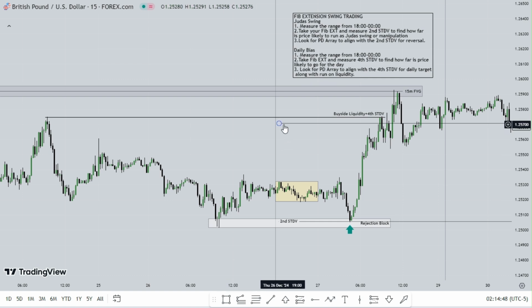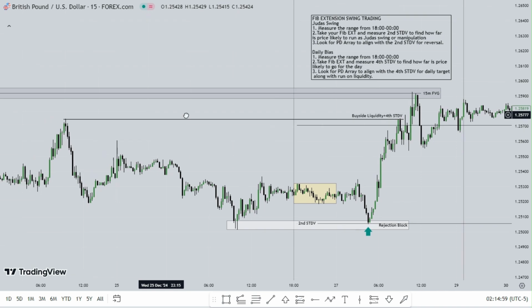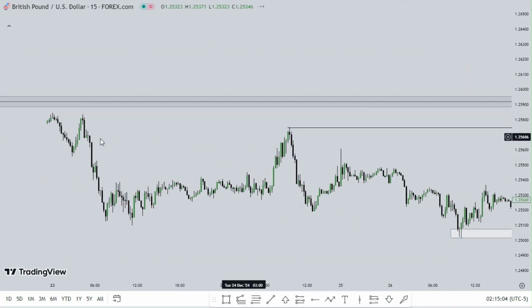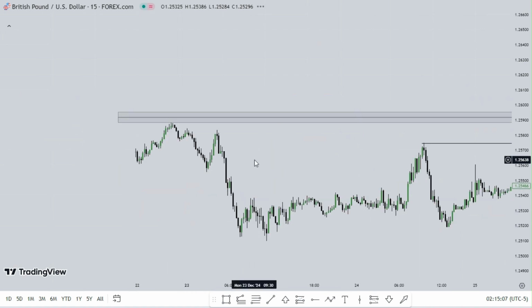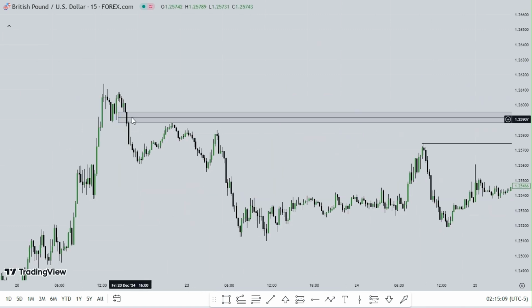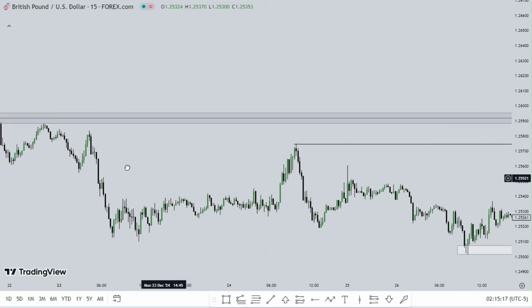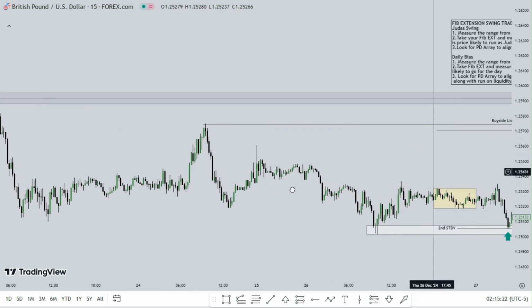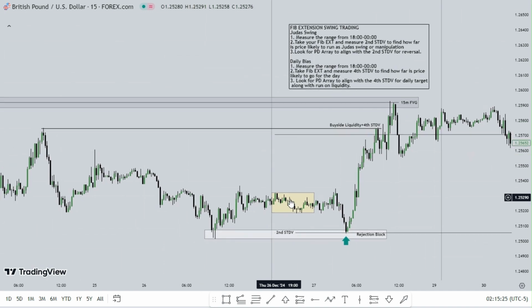Here we have this fourth standard deviation, which is our initial target. Now we're going to look for liquidity, which is this buy side liquidity here. We're going to look for a PD array, which in this case is this fair value gap right here. This was our initial target because there's also buy side liquidity above these highs and also above this high here. So now we have found our initial daily bias on how far the price is willing to go for manipulation,